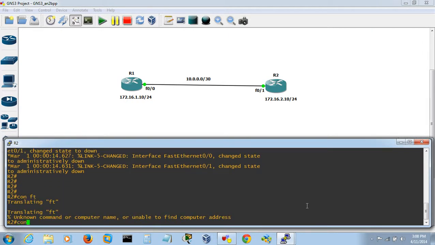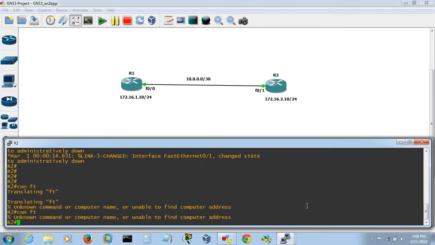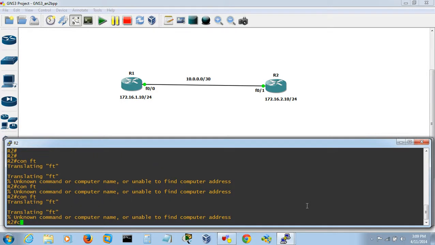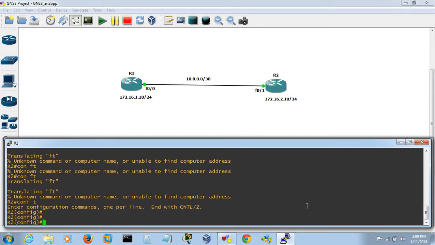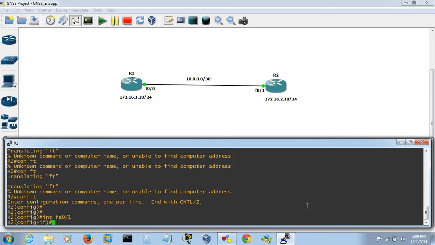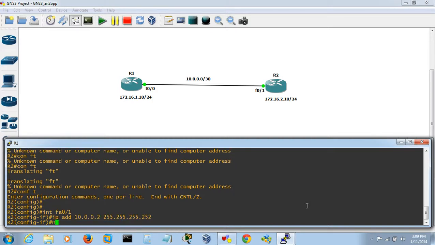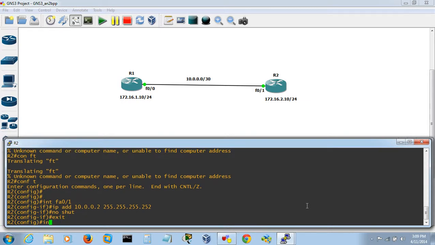conf t, then interface FastEthernet 0/1, ip address 10.0.0.2 255.255.255.252, then no shutdown, interface loopback 0.